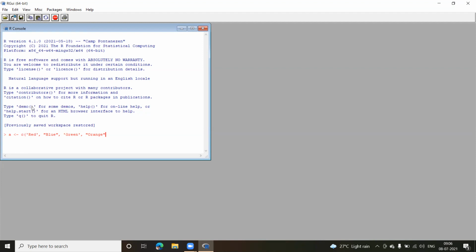And if the round brackets are empty, that means we are not writing anything inside the round brackets, which indicates that I'm not passing any parameter. And for those who are not from an IT background, what is a parameter? A parameter is something which we are sending as an input to that particular function. We are passing some value to that function so that the function can work on that parameter.